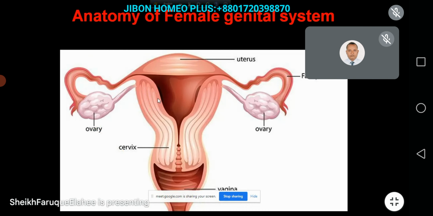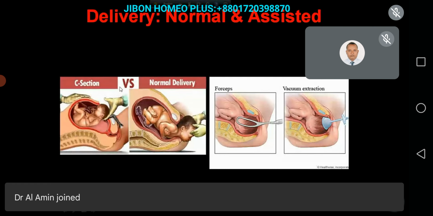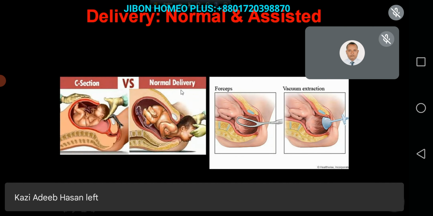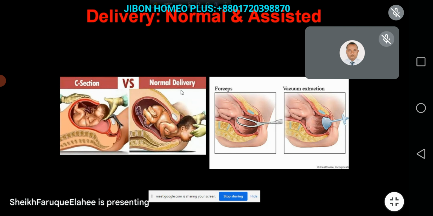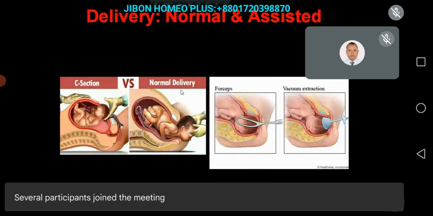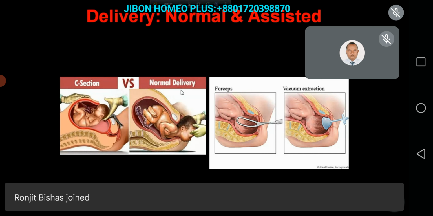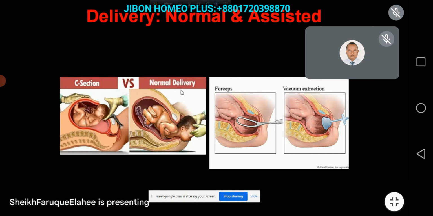So let us talk little bit about pregnancy and normal delivery. Pregnancy, after implantation of the zygote in the uterus, it will develop within the uterus for 10 lunar months or 9 calendar months plus 7 days. And then there will be delivery pain, and the uterus will press and compel the baby